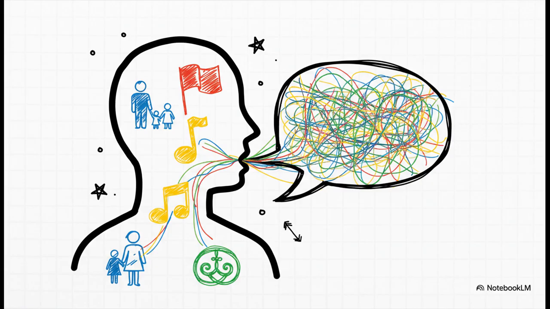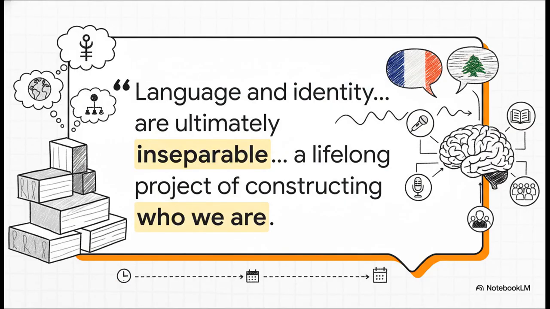Okay, let's switch gears to another really personal case study. This is where the field looks at that inseparable link between the words we use and our sense of who we are, our personal, our social, and our national identities. This quote from John Joseph just nails it. We don't just use language to talk about the world, we use it to place ourselves in the world.